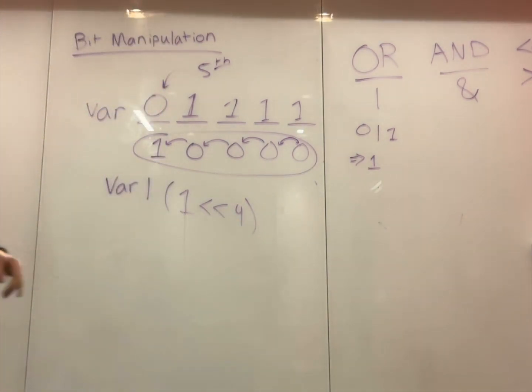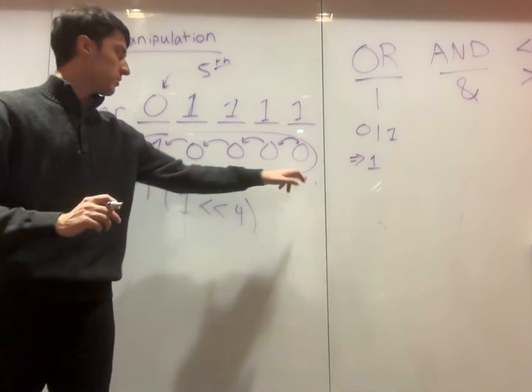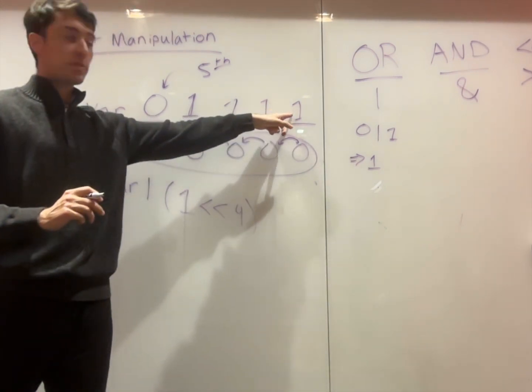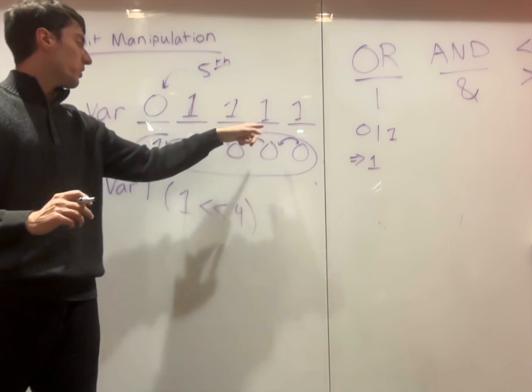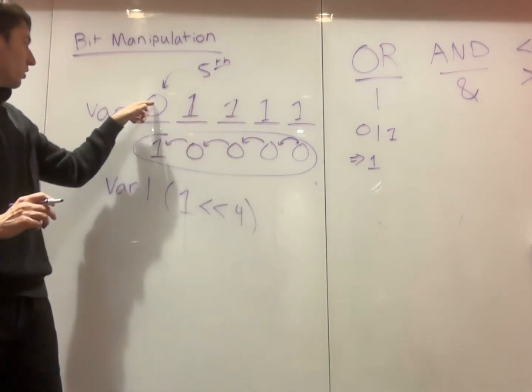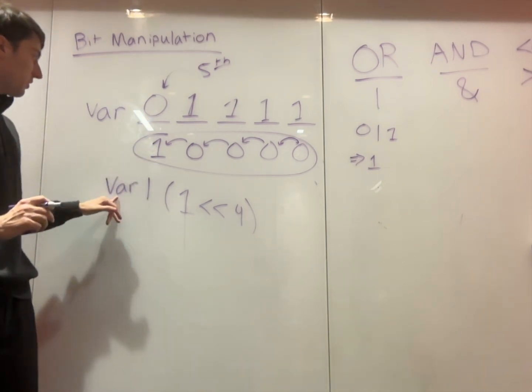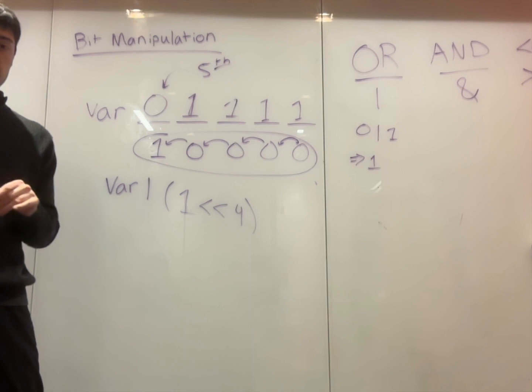Okay? And now what is this going to do? We're going to do 1 and 0. It's going to be 1. So it remains the same thing. 1, 0, 1, 1, 0, 1, 1, 0, 1, 0, 1, 1. Okay? So this is how you can go and set a